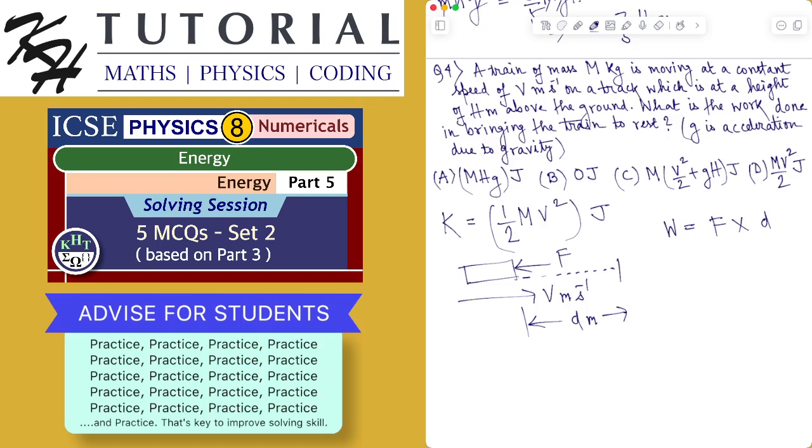What is the energy lost? The energy lost by the train is half mv square, because initially it was moving with a speed of V meter per second, so it had a kinetic energy of half mv square, and finally the velocity of the train was 0. So the work done to put the train to rest is minus half mv square joule,